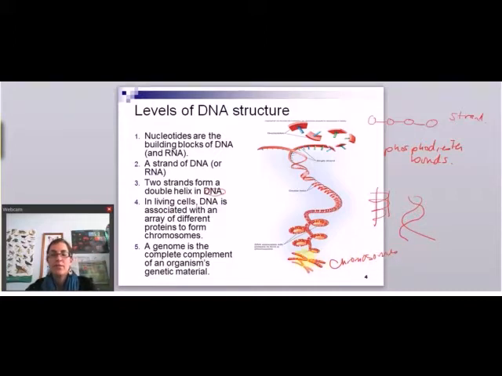And some of you may have seen images of these before. This is a duplicated chromosome that we'll be talking a lot about in the mitosis chapter. And then each organism has a genome, which is multiple chromosomes. And that includes all of the chromosomes that are needed to make that organism. So for example, in humans, we have 46 total chromosomes that make up our genome. So every single human has 46 chromosomes that make up their genome, and that's the full complement of genetic material needed to make a human.